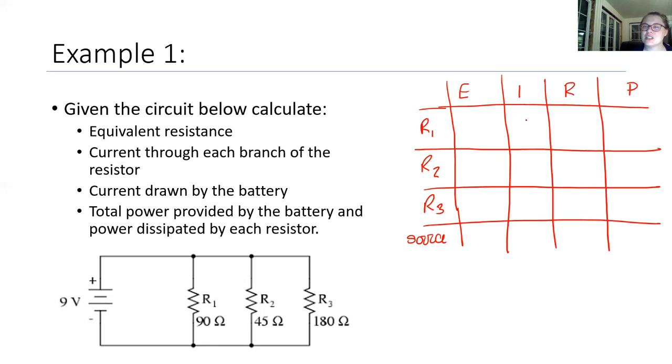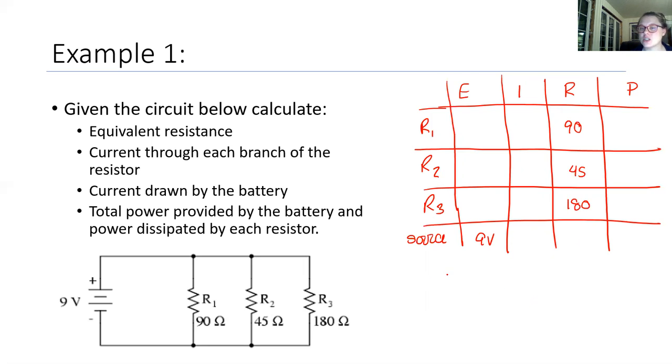All right, so let's fill in what we know. We know we have 90 ohms, 45, 180. Our total we can't calculate because we can't add them easily. We're going to have to follow a formula, but we know we have 9 volts at the source. I want to calculate the equivalent resistance, and we're going to calculate it first using our formula just so you get used to it. There is a way to get around calculating it this way, but I really want you